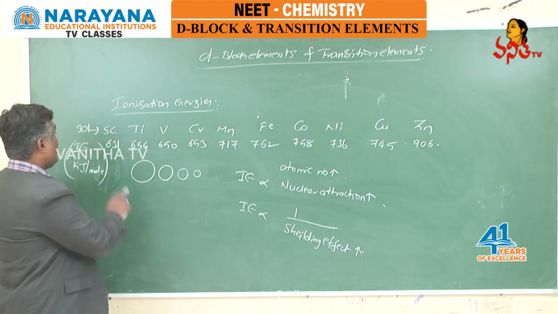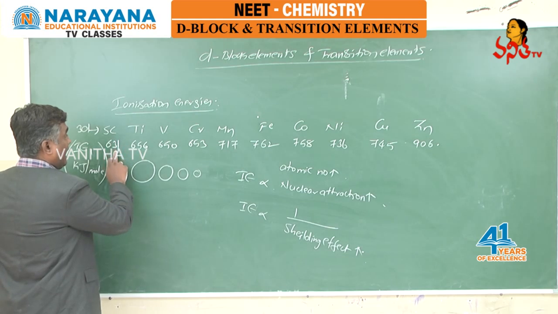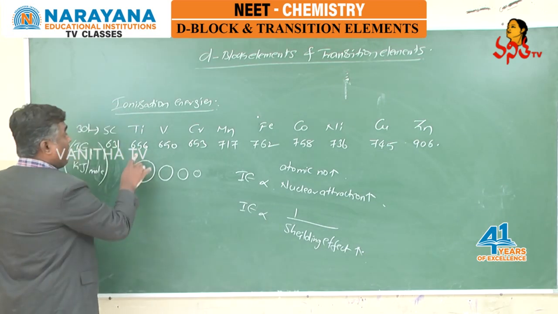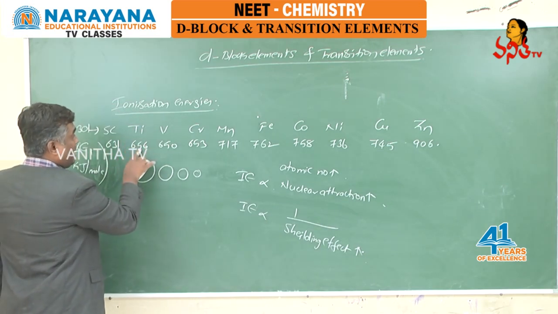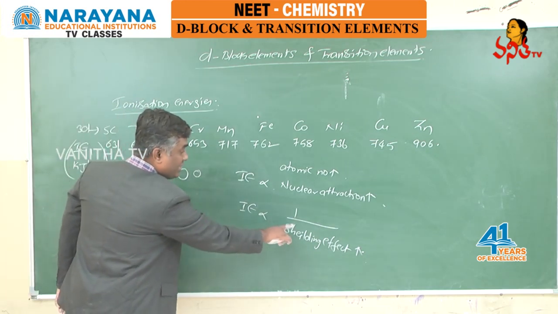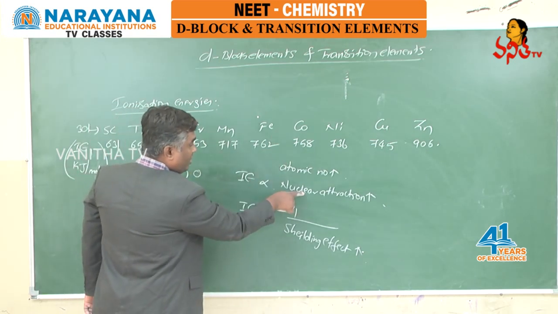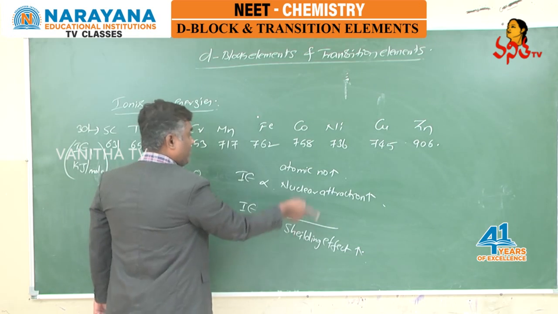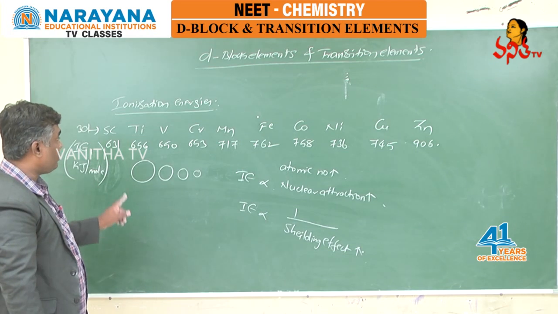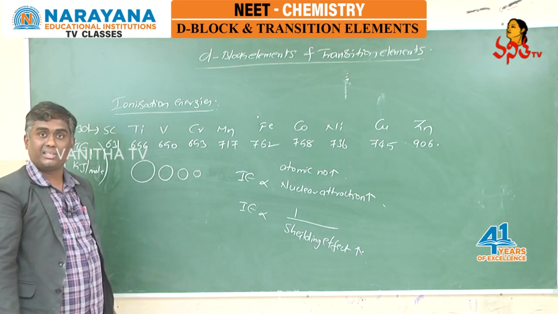horizontally. If you see, scandium to titanium, ionization enthalpy increased, and here ionization enthalpy increased means nuclear attraction power is increasing. But whereas from titanium to vanadium, ionization enthalpy is decreasing. Ionization enthalpy decreases. Reason is shielding effect is increasing. Because from left hand side to right hand side, nuclear attraction is increasing, shielding effect also increasing. Both are working in opposite direction. Because of that reason only, there is no regular trend in the ionization enthalpy of these 3d series elements.